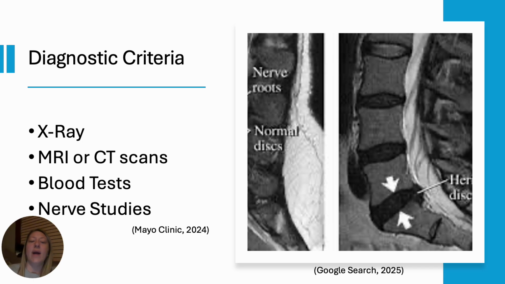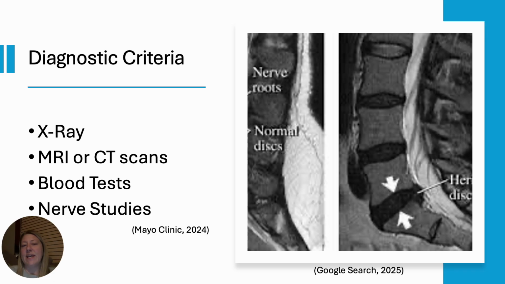Bending, twisting, lifting, standing, or walking can make it worse. So how do we diagnose lower back pain? One of the most common is an x-ray. These images can show arthritis or broken bones, but the images alone won't find conditions that affect the spinal cord, muscles, nerves, or discs. Next, we move on to an MRI or a CT scan.